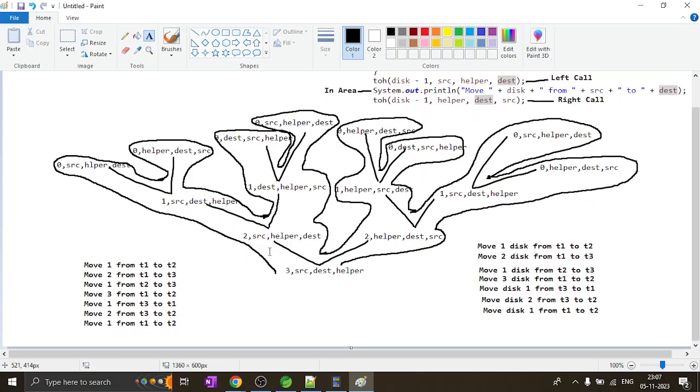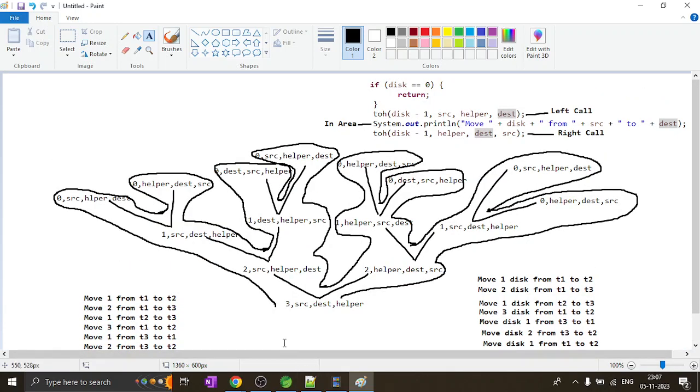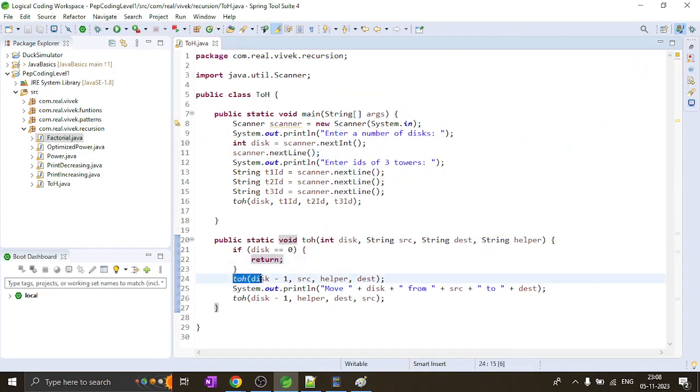So this is how we solved this Tower of Hanoi question. So what we did was we first established the faith that, given 2 disks, it will automatically move from src to helper, from T1 to T3. This function will automatically print those instructions, and then the only thing that we had to do was move the largest disk, which is the nth disk, from the source to destination, and then again we had to move the disk from the helper to the destination. So this is how we have solved this question,